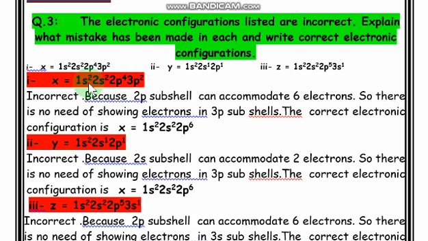Here you can see a third point: you must know the maximum number of electrons a subshell can have. If we recall, the s subshell can have a maximum of 2. So 1s2 is correct. After 1s comes 2s, this is also correct. After 2s comes 2p, this is correct. But how many electrons in p? The p subshell can have a maximum of 6 electrons. Here it's showing 4 and then jumping into 3p2. That is wrong, dear students.